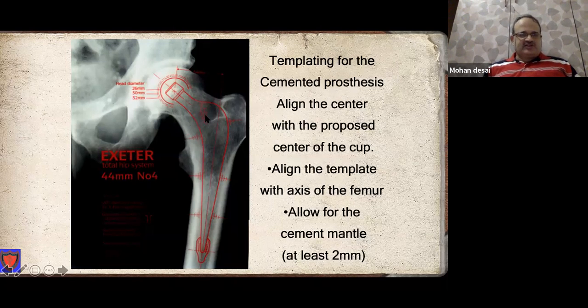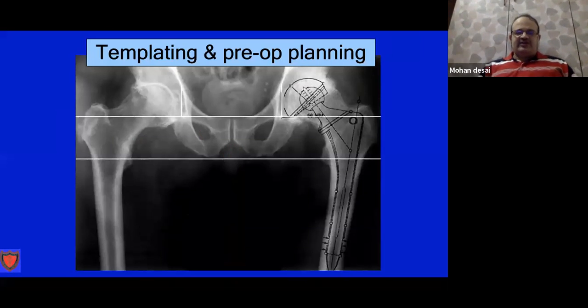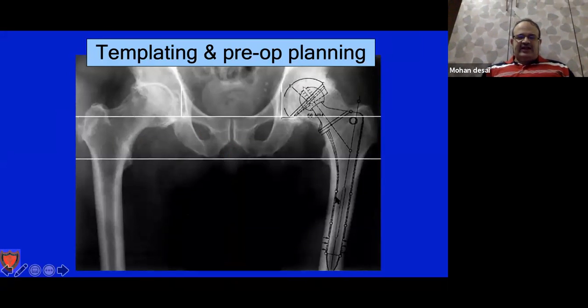Now this is a collarless prosthesis, so your neck resection would not matter as much as it would had the stem been a collared one. But still, you need to know where your stem would sink or where your stem would be placed. On the uncemented, on the other hand, you would select a stem which is slightly oversized. It would overlap the inner cortices to some extent, and that's the stem you would select. If you select an undersized stem, then it is going to sink. So it should be a scratch fit, and it should slightly overlap the inner cortices. That's the way you would select the